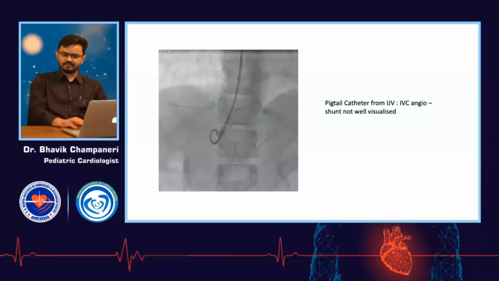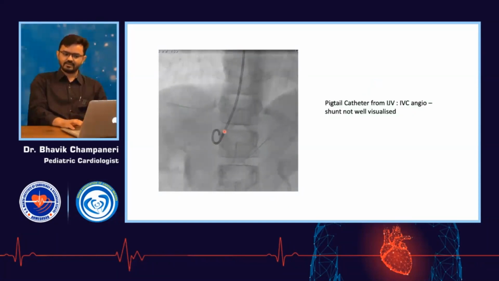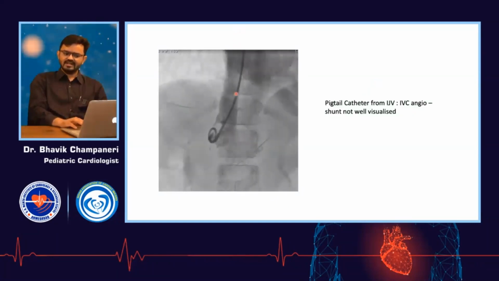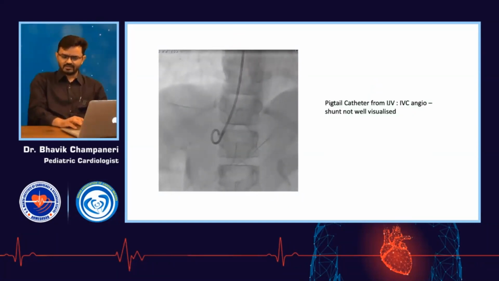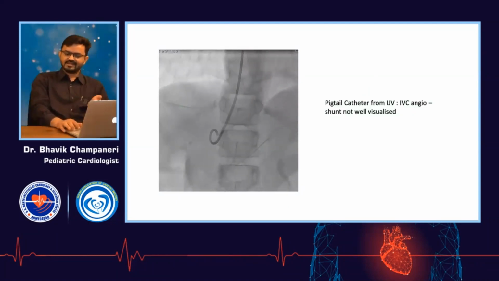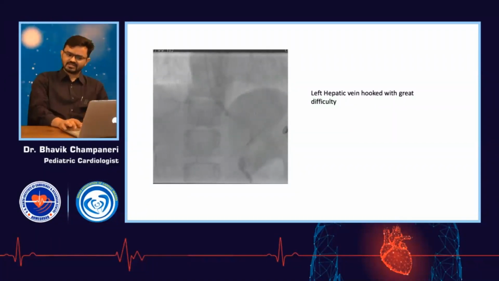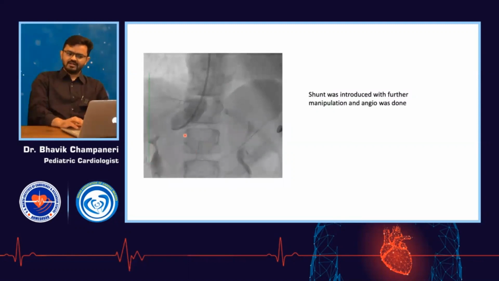So this patient was taken to the cath lab. This is a pigtail catheter which was placed from internal jugular vein into IVC. On IVC angio, we were not able to find any abnormalities. It was a very difficult case. It was very difficult to hook or introduce into the left hepatic vein, but with great difficulty we finally entered into the left hepatic vein, and from that with further negotiation finally we were able to enter into the portosystemic shunt,